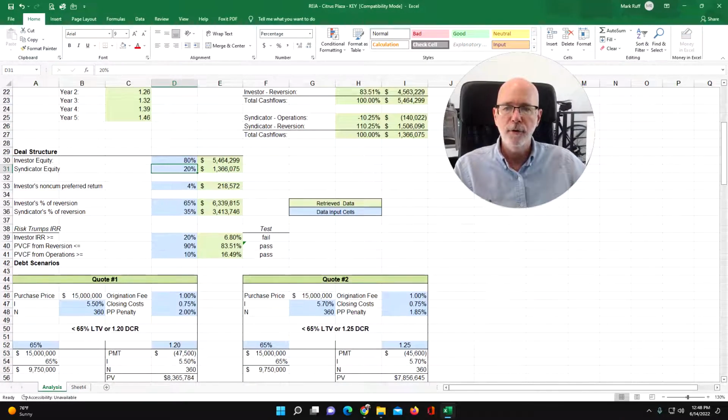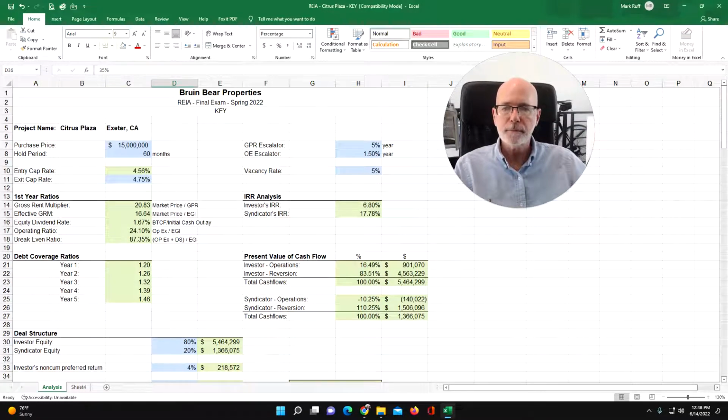I changed reversion to a 65-35. I've done some things here to throw you off, so don't use these numbers in your case. But I'm hopeful that this short video is going to help you format your spreadsheet so that you're not spending too much time on just creating the spreadsheet and not actually doing the case,